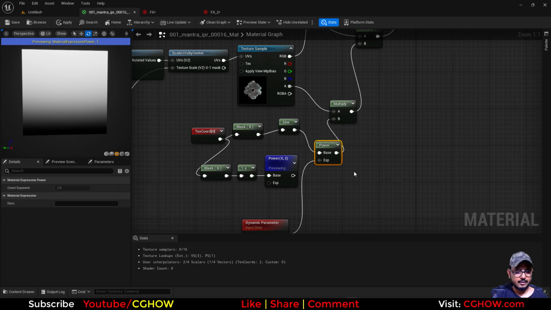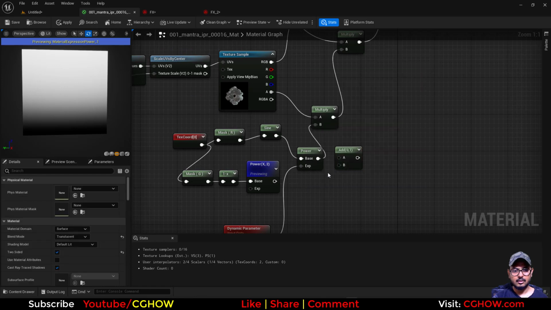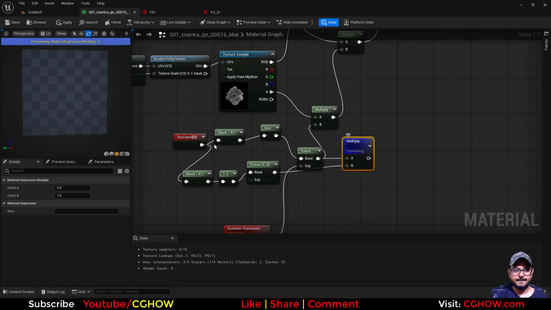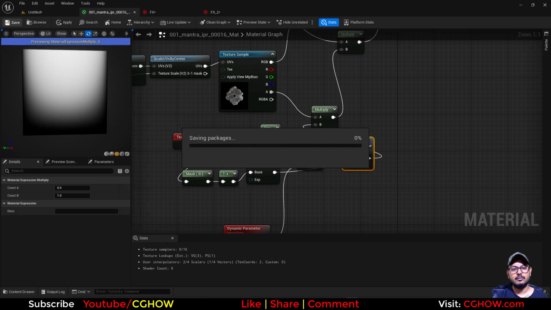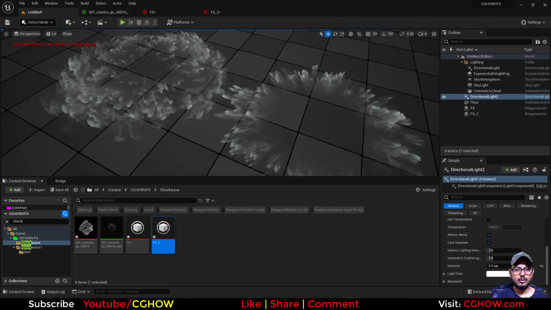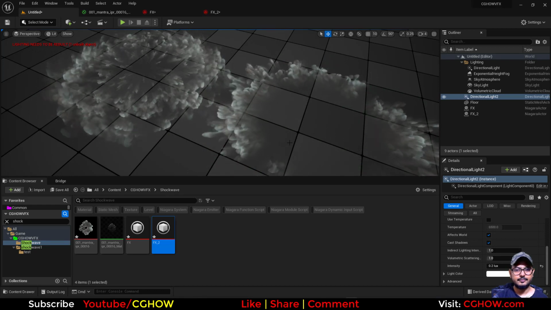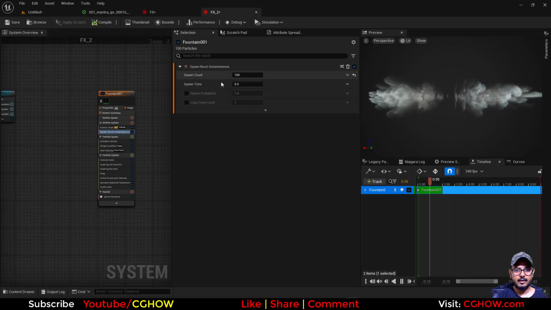And then I can add this, not add, actually multiply these. Okay, so I have the side and the bottom faded, then connect it here. So now it looks better. And in the burst one,